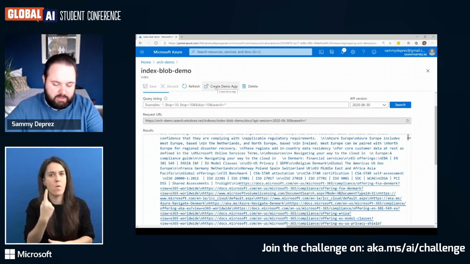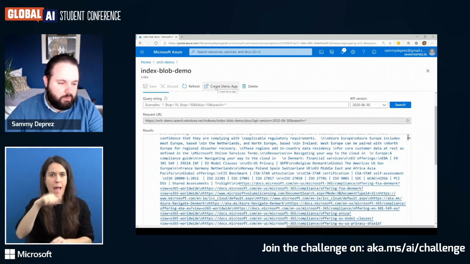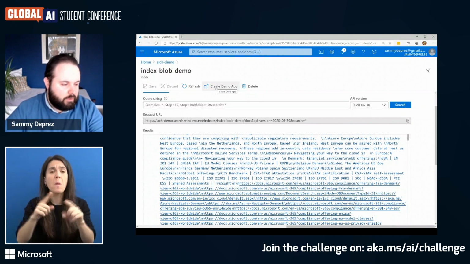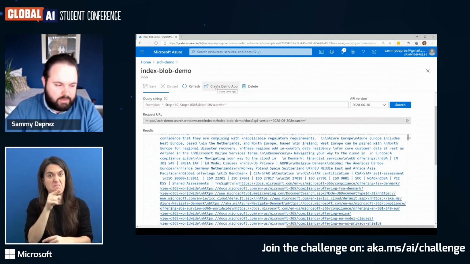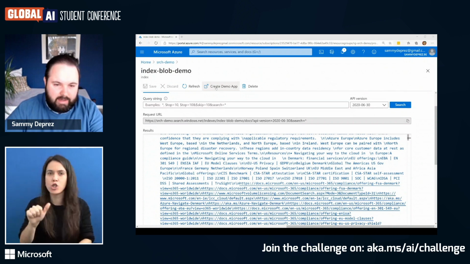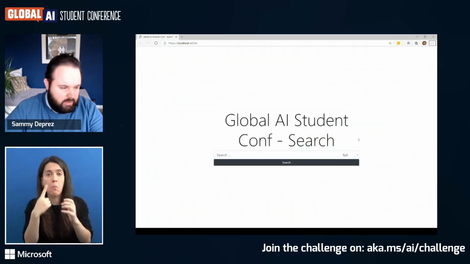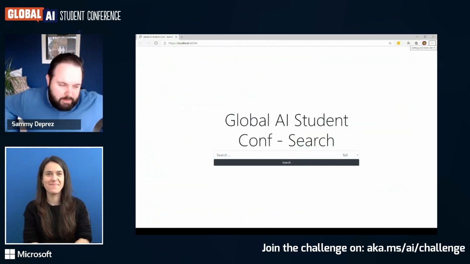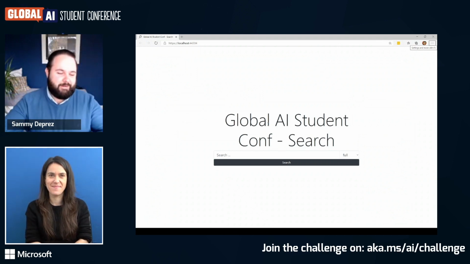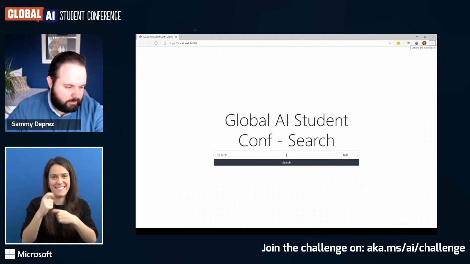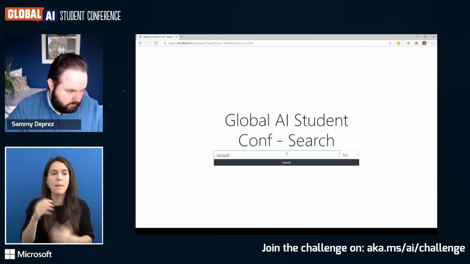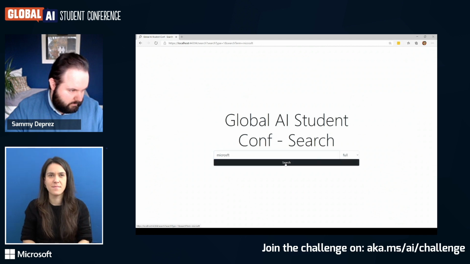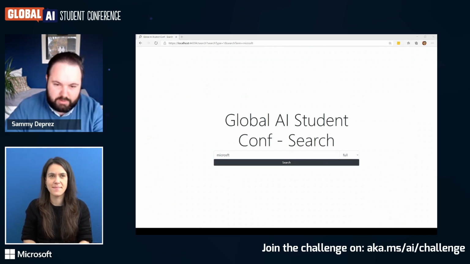I haven't set this one up right now, but with my own company, some of my people have built a front end on top of Azure Search, Azure Cognitive Search, and that could look something like this. So I just rebranded a little bit to the current conference. And now if I would look for Microsoft, for example, and I think my Visual Studio project is not running anymore. It is.